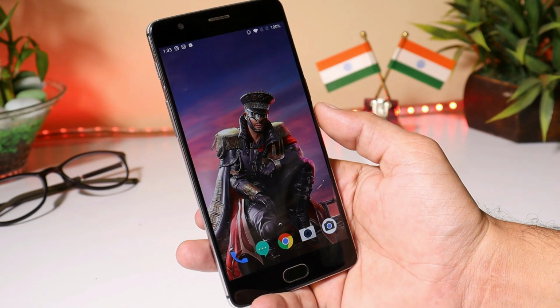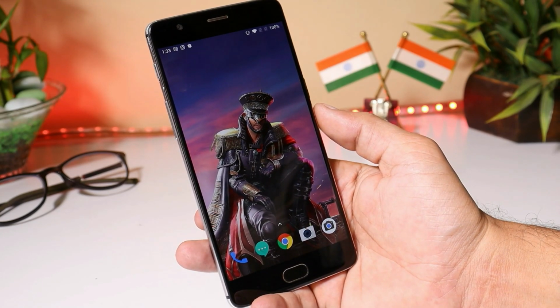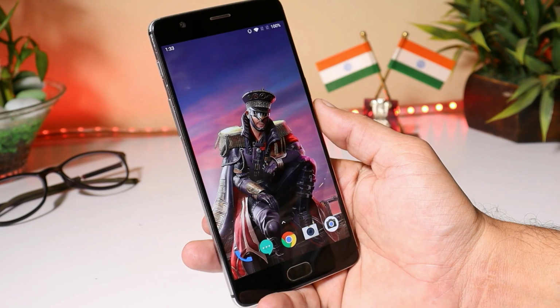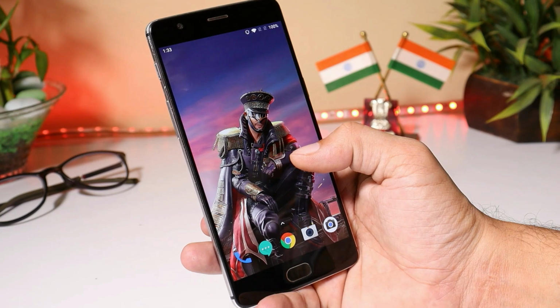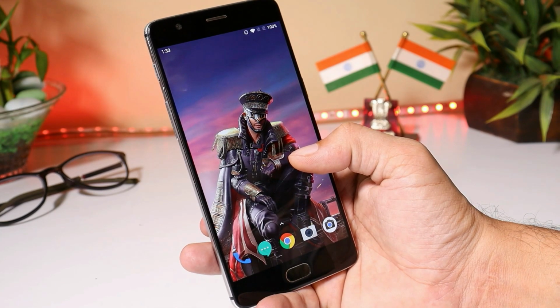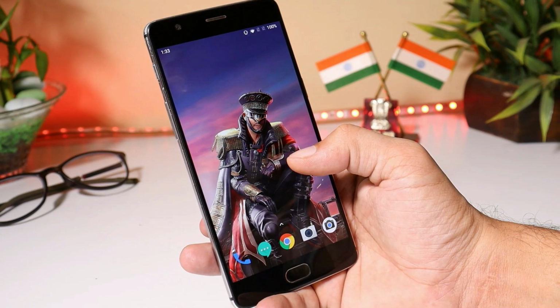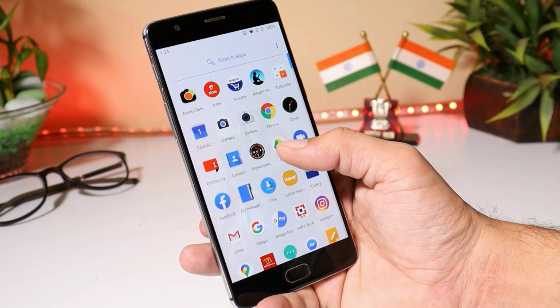So first of all, let me tell you, there is no best Google Camera application available for any device. All depends on your personal preferences. And the download link of this Google Camera application is given in the description below along with the official forum for Google Camera. So if any update is available, you can try that Google Camera application.